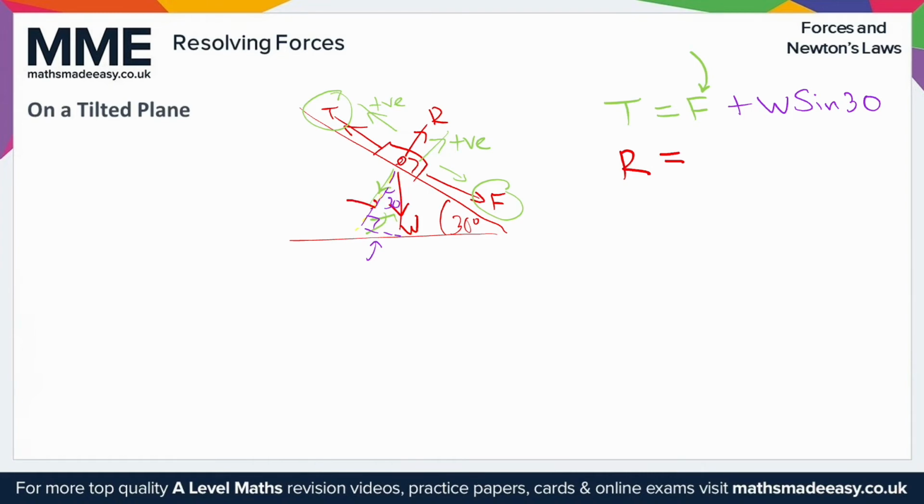Look at our right angle triangle here again. You can see this is the adjacent to the angle. So how would we work out the adjacent? That would be W, because that's our hypotenuse in this case, cos 30. Okay, so you can see now this is parallel to the plane and this is perpendicular to the plane. So here we've got parallel